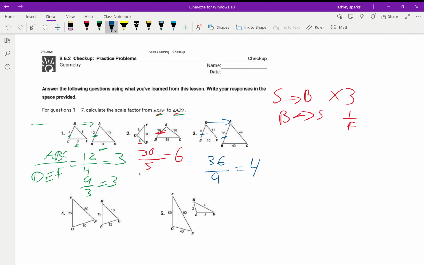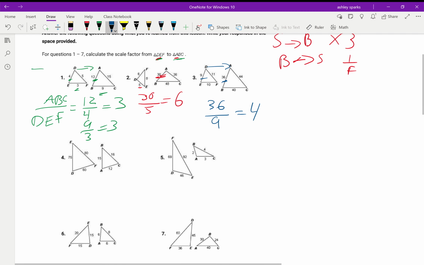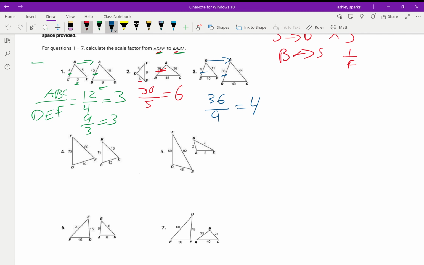Another way you can think about matching up the sides, like you can either do it by reading your parts, or like 11 is my biggest side here, 44 is my biggest side on the other one. So the biggest sides should kind of go with each other. 9 was my smallest, it matches with the smallest one on ABC. So using that method for my next one,